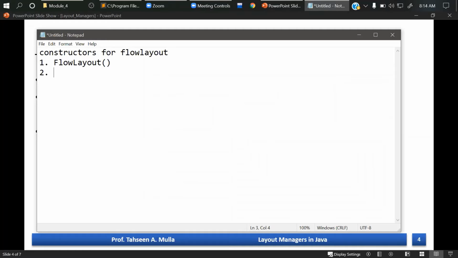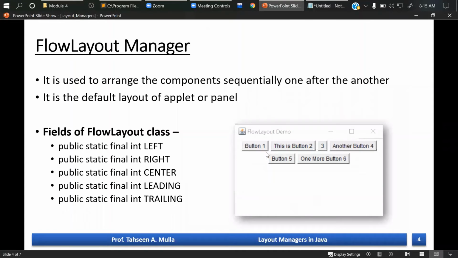Second, if you want to have some alignment regarding those 5 fields, rather than going for center aligned, if you want any other alignment, you can go here by using this constructor as flow layout and the alignment, right? So this will create a flow layout which will give you the alignment and a default unit again of 5 for horizontal and vertical gap, right? So that gap will be over here. This will be the horizontal gap and this will be the vertical gap, right?